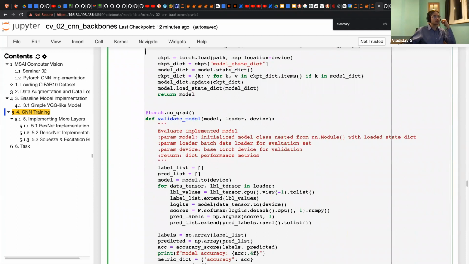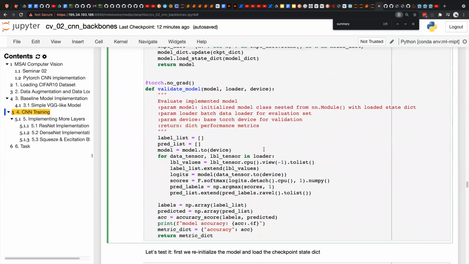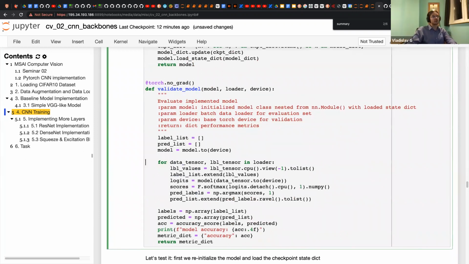Then we have some code to validate the model. In fact, it could be done with Catalyst too, because this is very boilerplate code. We move it to CPU, we extend it with some values, we go to the model and put it on the device, then softmax, then argmax, then everything.